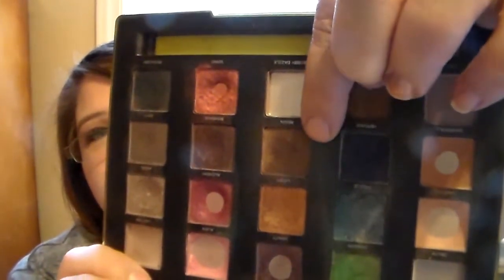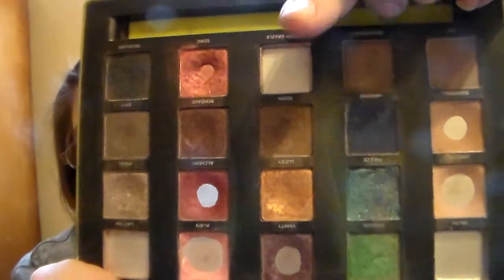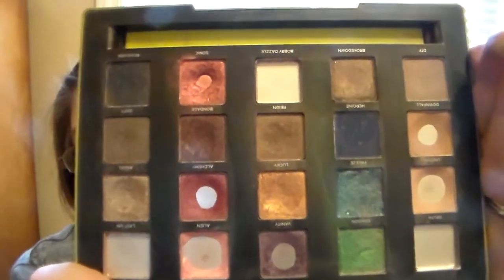I have made a good dent in the color Lucky, which is like this goldish shade right here. I have a good dip in that. And I've been using this like crazy, so I'm super excited to tell you guys my progress in this because I really am proud of myself on this because this is a very big palette with a lot of different